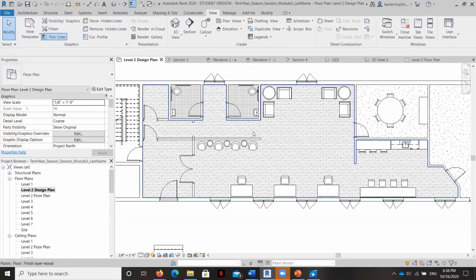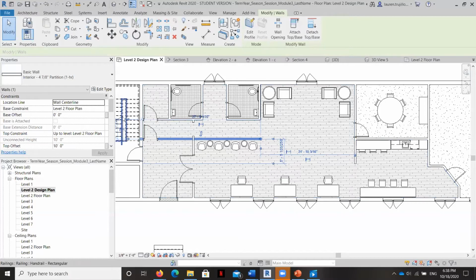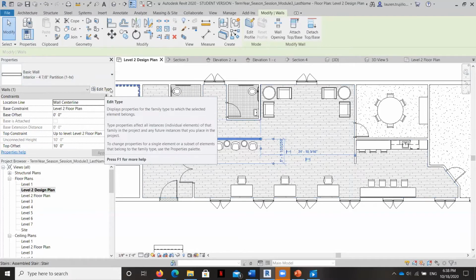But for just real simple sweeps, you just have to figure out what wall you want to start with, and then you can duplicate those sweeps throughout your project on all different wall types. What I'm going to do is just start with this real simple wall right here, and we're going to edit the type on this just basic 1 hour partition.